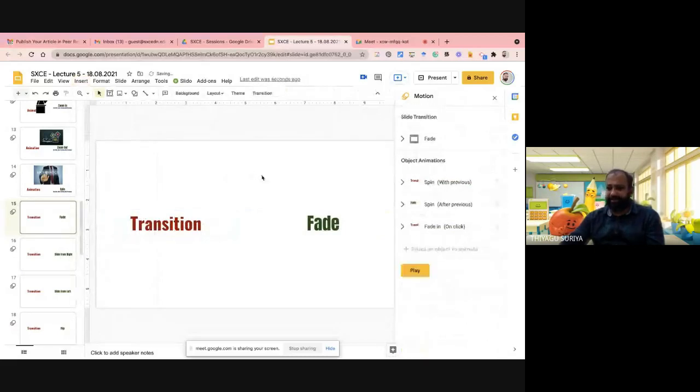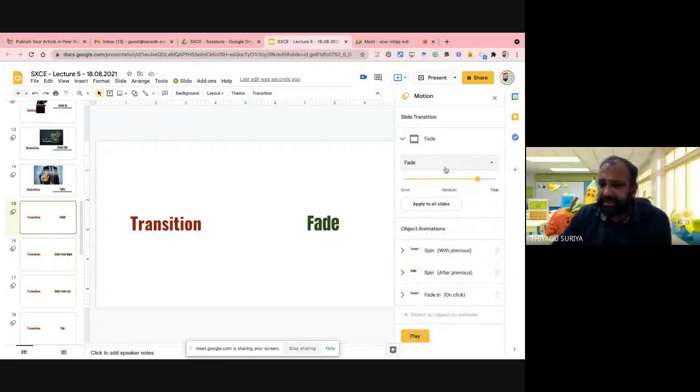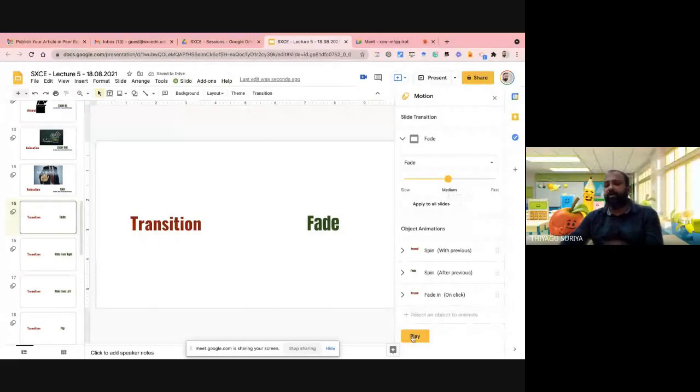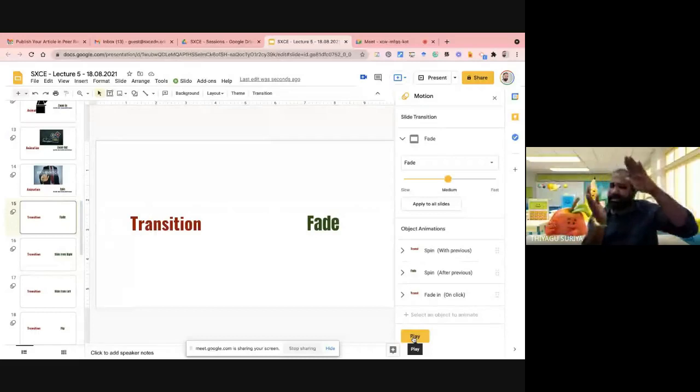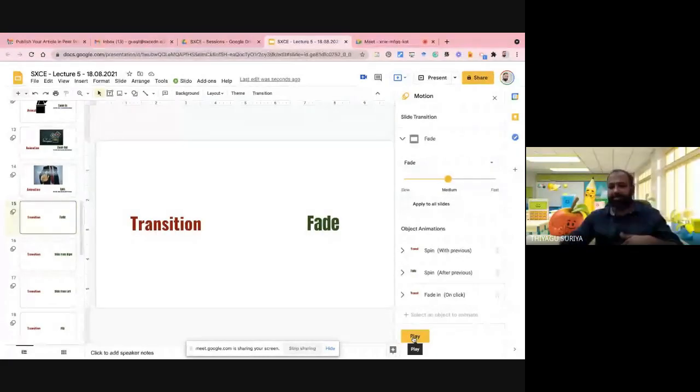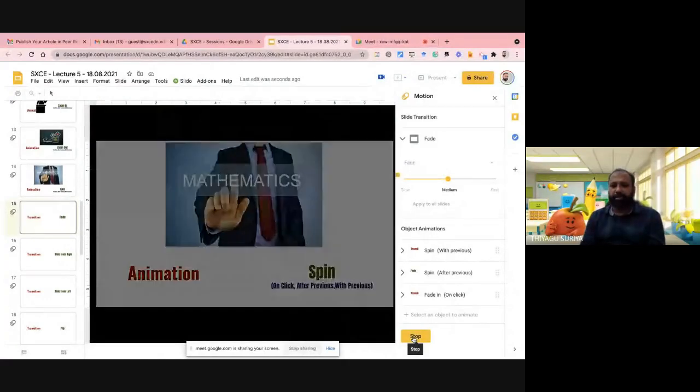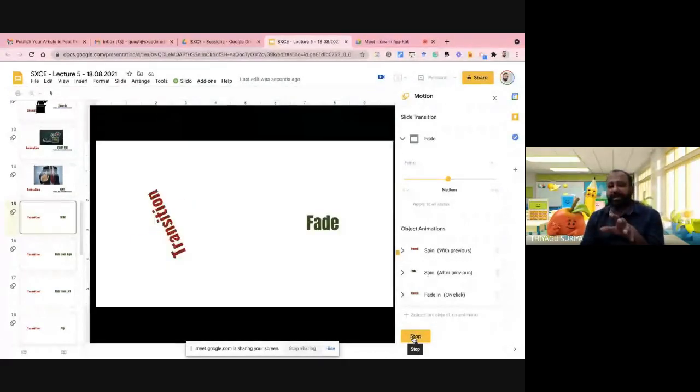After that you can click anywhere, go to the slides and transitions and select whether you'd like to go with fast, or medium, then you can see how it will be visible. Please kindly note this is how the transition happens from one slide to the next slide. This is fade mode. Once you click fade, you can see. The previous slide is the 14th slide.